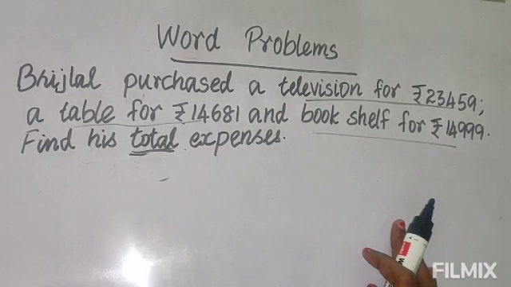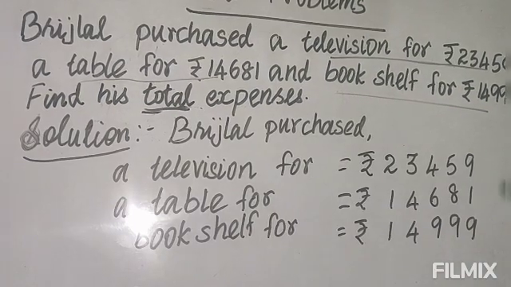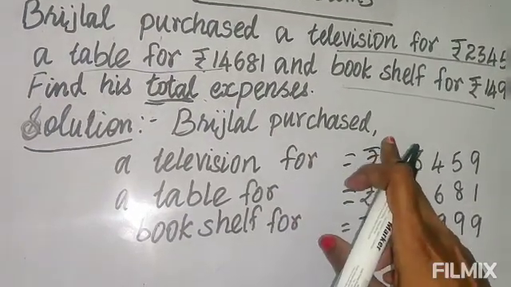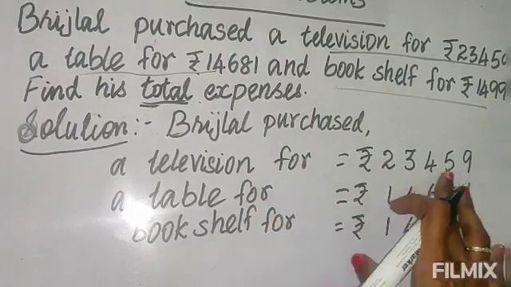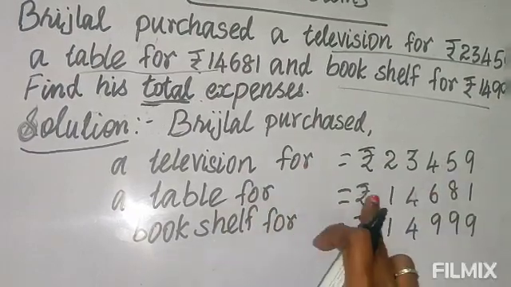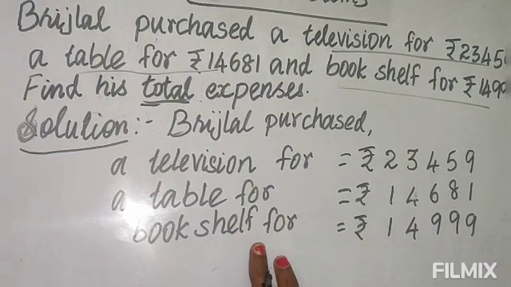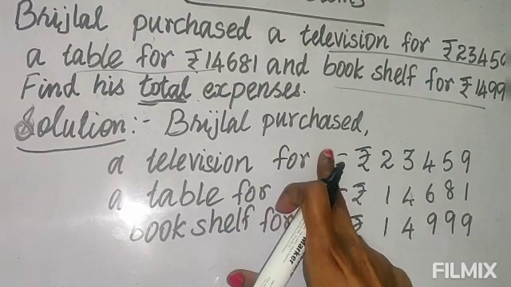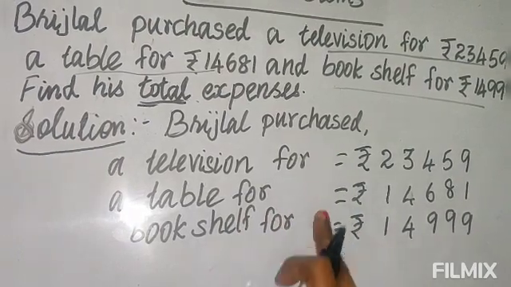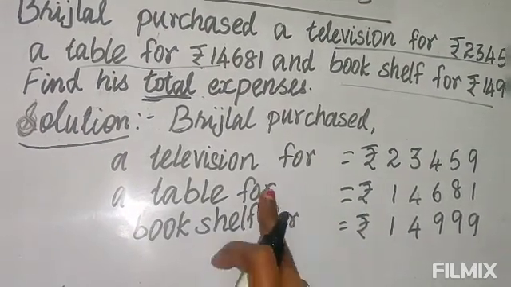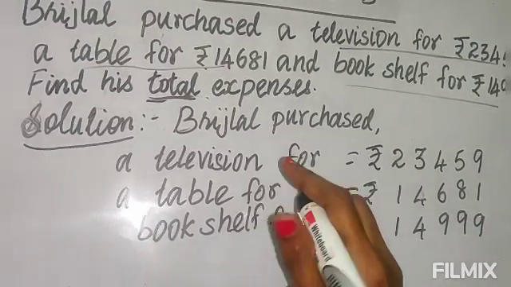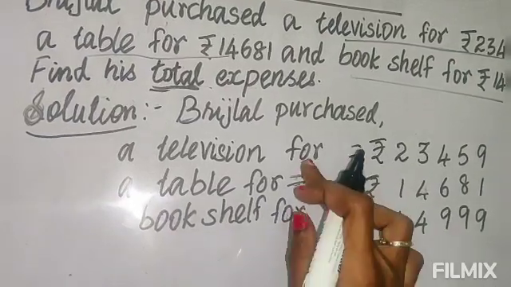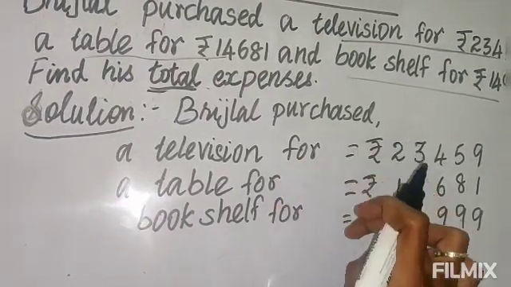So first let us write the statement. Okay, look here, I have written the statement. Brijlal purchased a television for rupees 23,451, a table for... you see, this is the statement I have written, but you have to observe how I have written. See, the statement and the equal sign are in the same line, down to the other. This is the way it should be. Since you have finished far here, you will not write the equal sign here. You will not write like this. You have to see that it is all in one line.